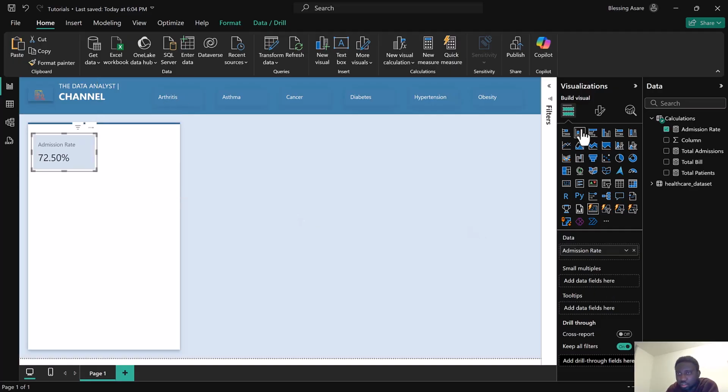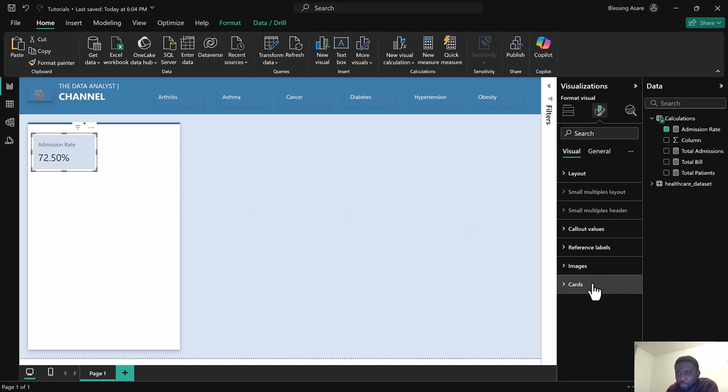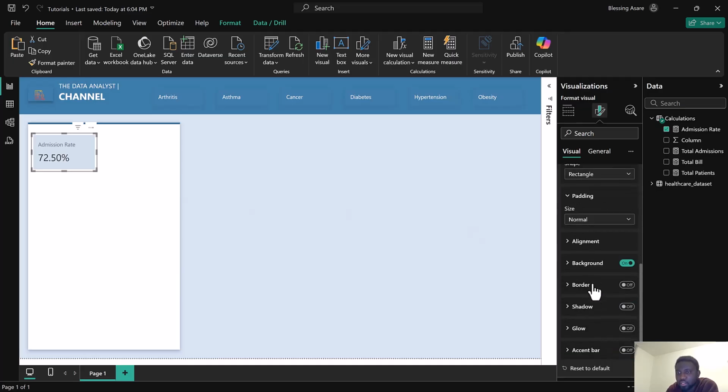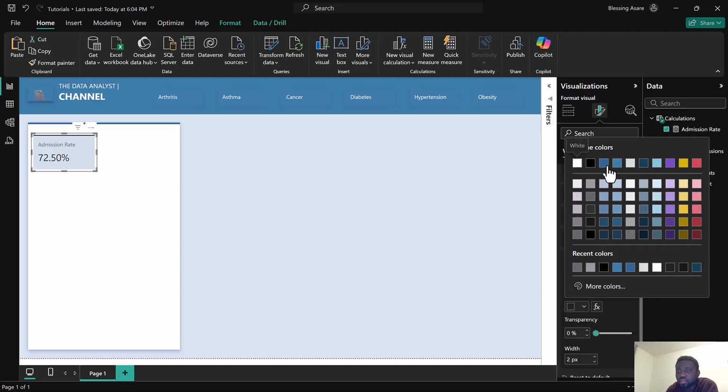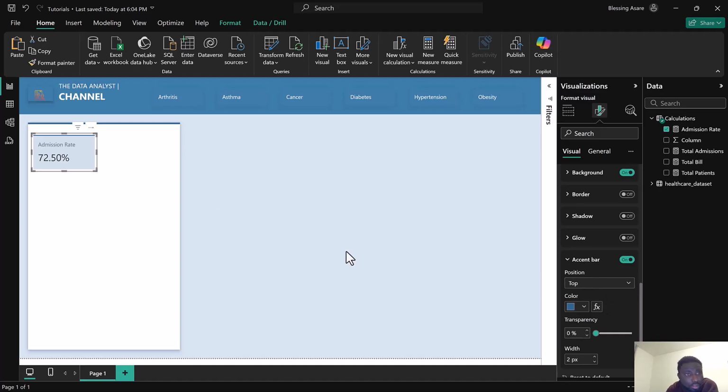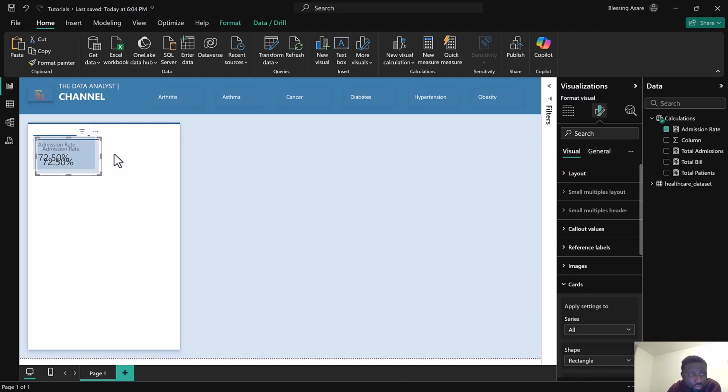And then I'll come back to format visual, my cards, and I will turn on the accent bar and then bring the accent bar to the top and change the color to this. So I'll now copy, Ctrl C, Ctrl V, bring here,